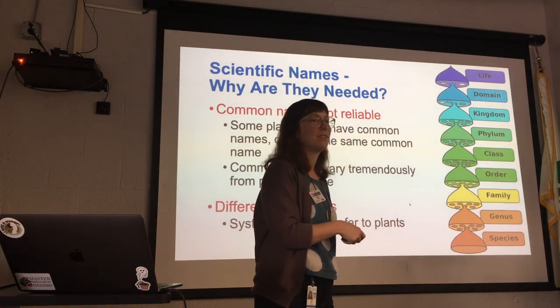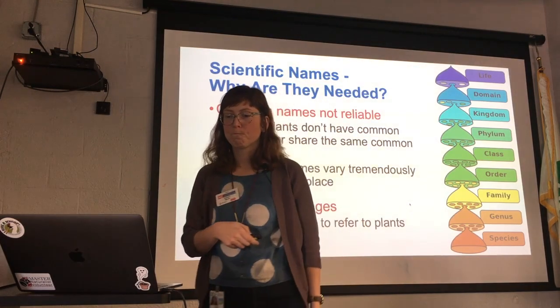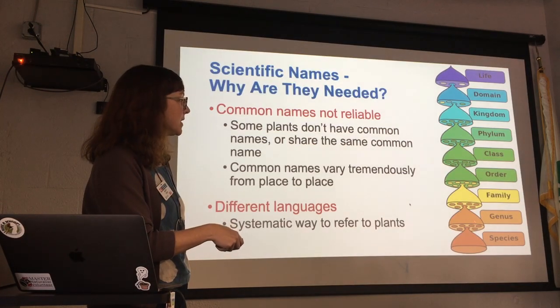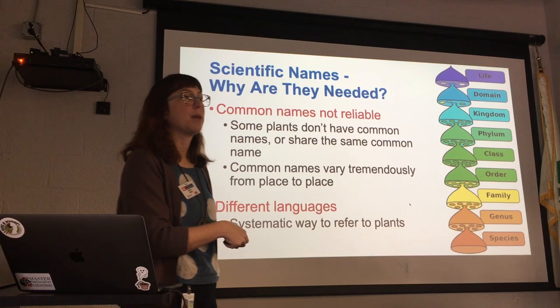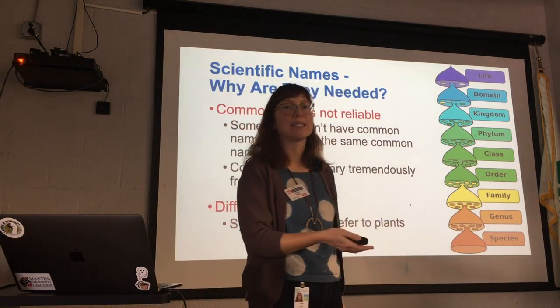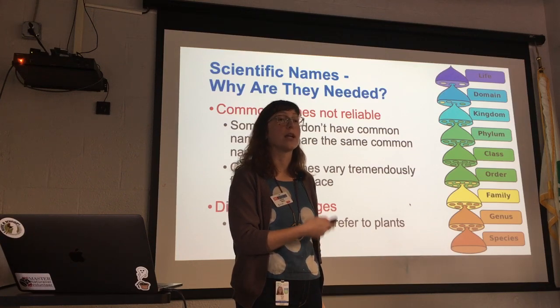But there's a lot of fun ways to get an undergrad to remember that. Typically, when we're thinking about plants, we're really thinking about genus and species. Occasionally, we're interested in family. So family might be something like tomato, pepper, eggplant, potato are all Solanaceae. It's helpful to know that those plants are related based on what they're doing and how they're growing, and also what their pests